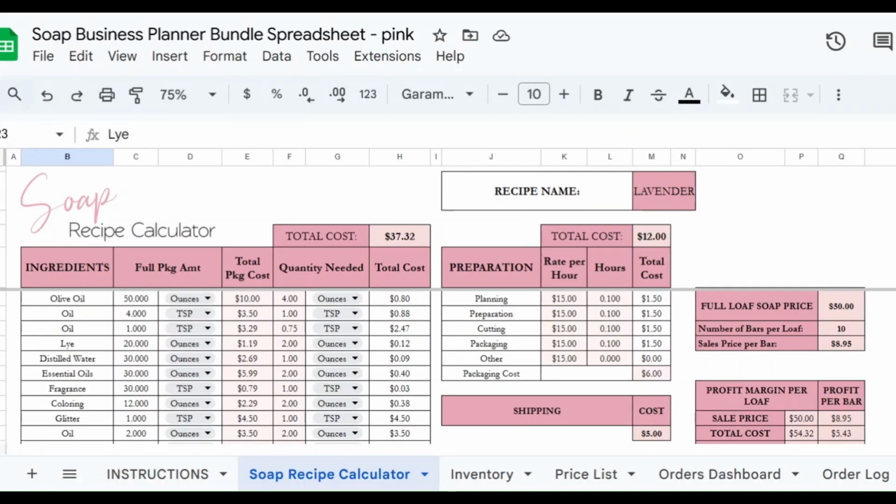Hey everyone, this is a soap business planner spreadsheet. This works in Google Sheets and Excel, and hopefully this sheet will help you if you are making soap as a business or hobby. And so what I'm going to do is show you how everything works,